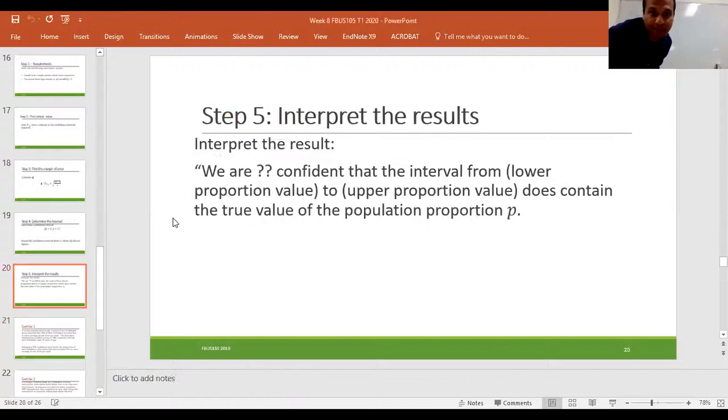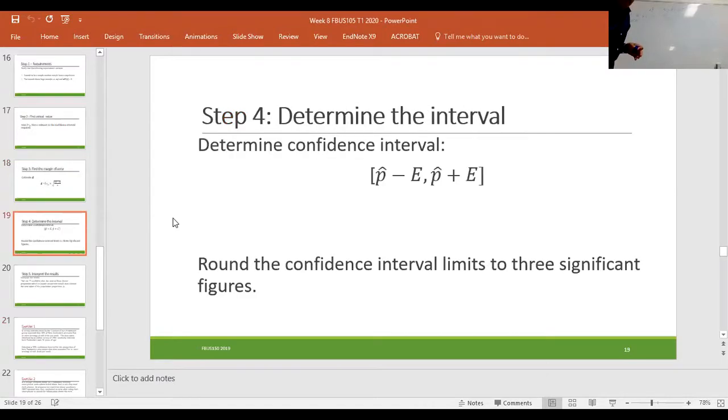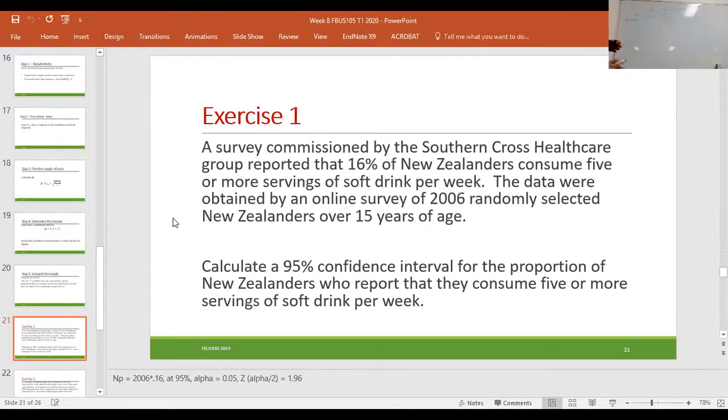Step second says to find the critical value, that is z alpha by 2. What is the critical value? Critical value CV, z alpha by 2. What is the value of alpha? It is given in the question. They are asking for 95% confidence level. Remember, confidence level 95%. So what is the corresponding alpha value?